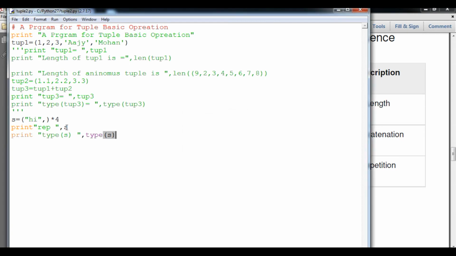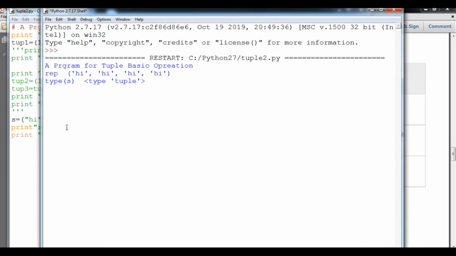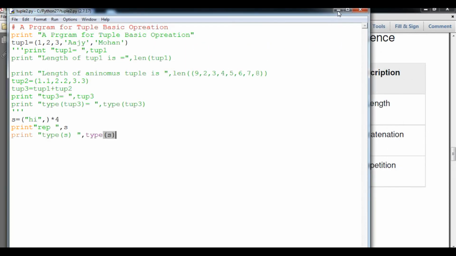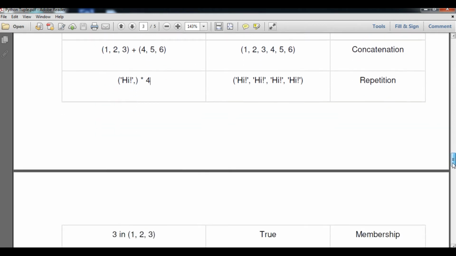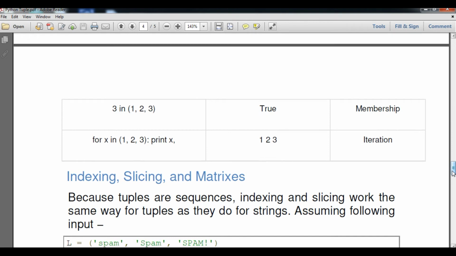That means it will again be a tuple, because whatever the result, it will be a tuple. You can see the type of s is tuple. So here, student, one important thing: whenever you are using the repetition operator, I mean the multiply operator, you need to make sure the comma is there, otherwise it will be considered a simple string. If you are using round brackets, no need to worry about that.